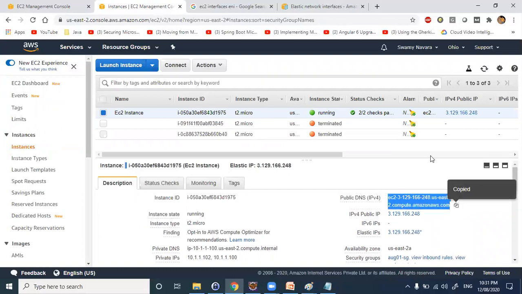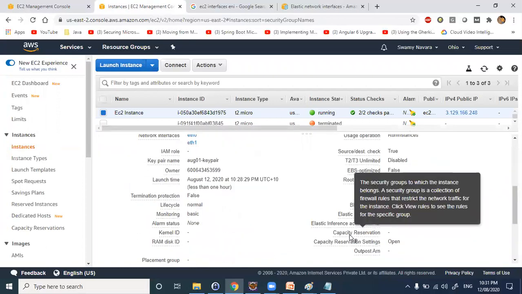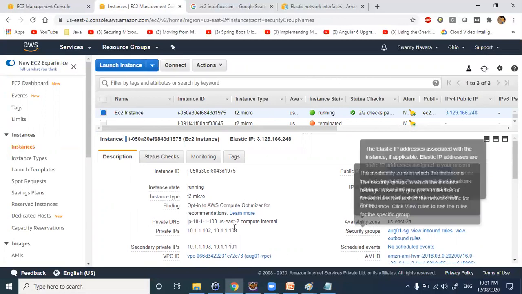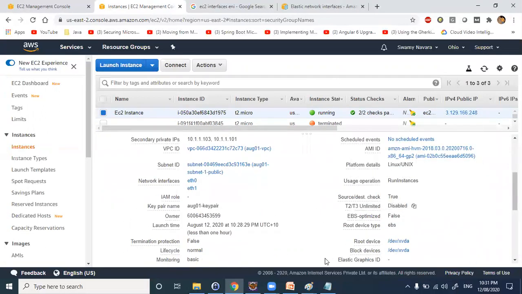So let us connect to this machine. If you see here through the dashboard, you can see complete information of this EC2. But for example, for some users, they will not provide the console dashboard. In many projects, they will just give you the IP address of this one, and they will ask you to go and connect through a PuTTY session. So at that time, how do we see these details through PuTTY? Let us see that one.